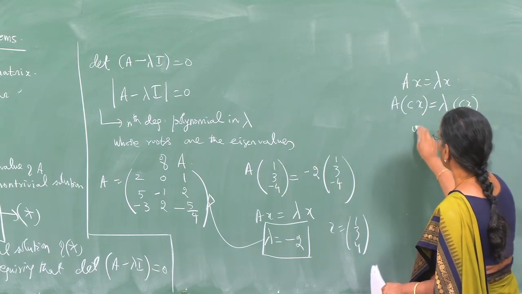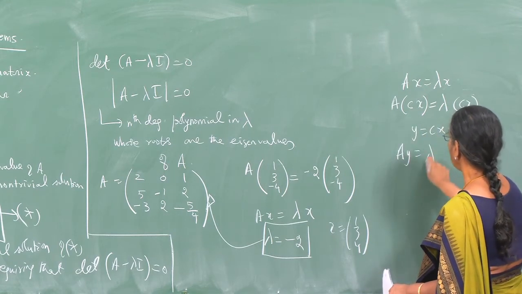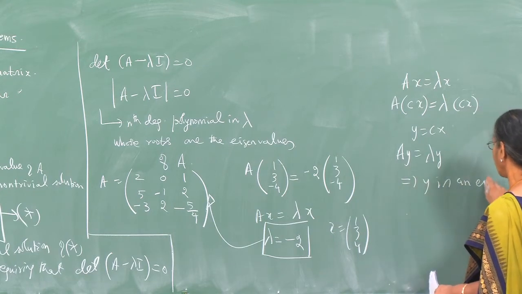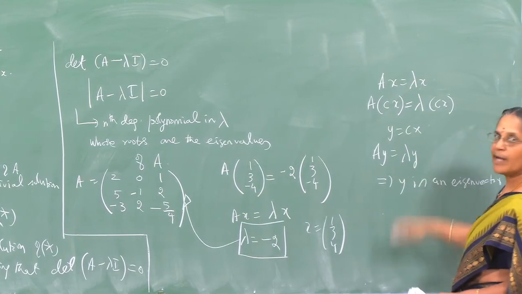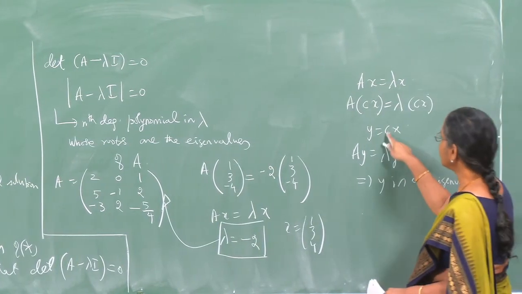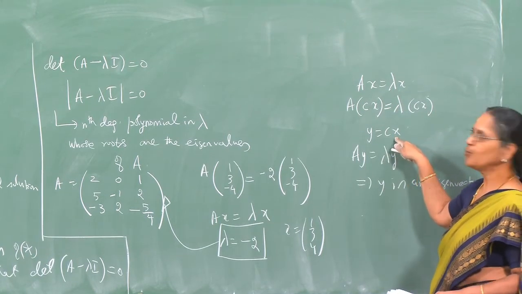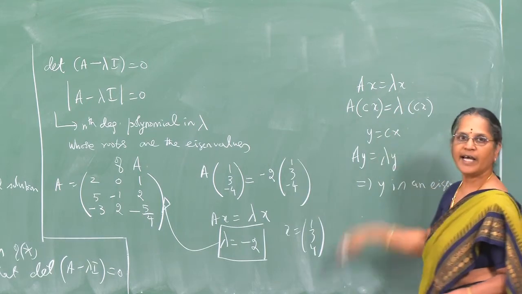So if I call y to be Cx, then Ay equals lambda y, and therefore y is an eigenvector because it satisfies the equation Ay equal to lambda y. So a constant multiple of an eigenvector of a matrix A associated with the eigenvalue lambda is also an eigenvector